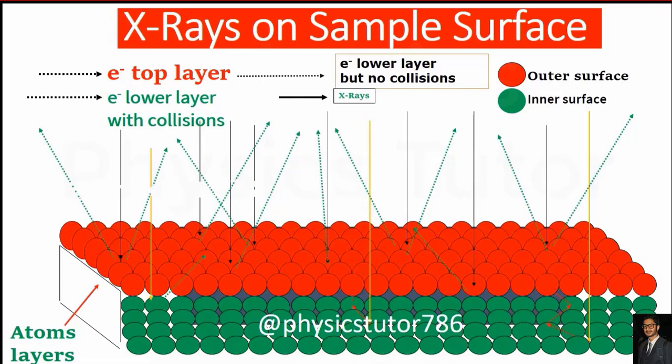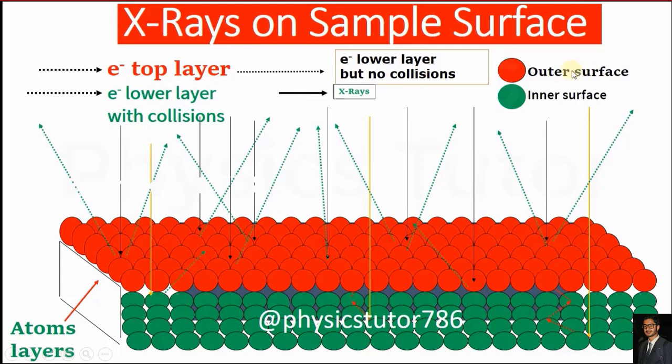This is the X-rays on sample surface. Here we see red color shows the outer surface and green color shows the inner surface. This is the simple combination of electrons which are placed here, but when X-rays are incident on it, they start collision. The reason behind this is that when X-rays are incident, we also know that X-rays are electromagnetic waves